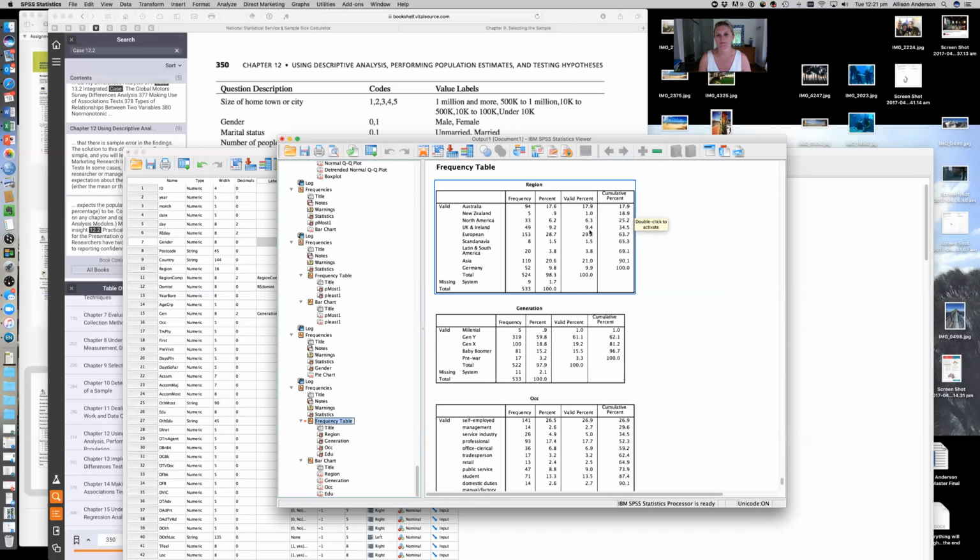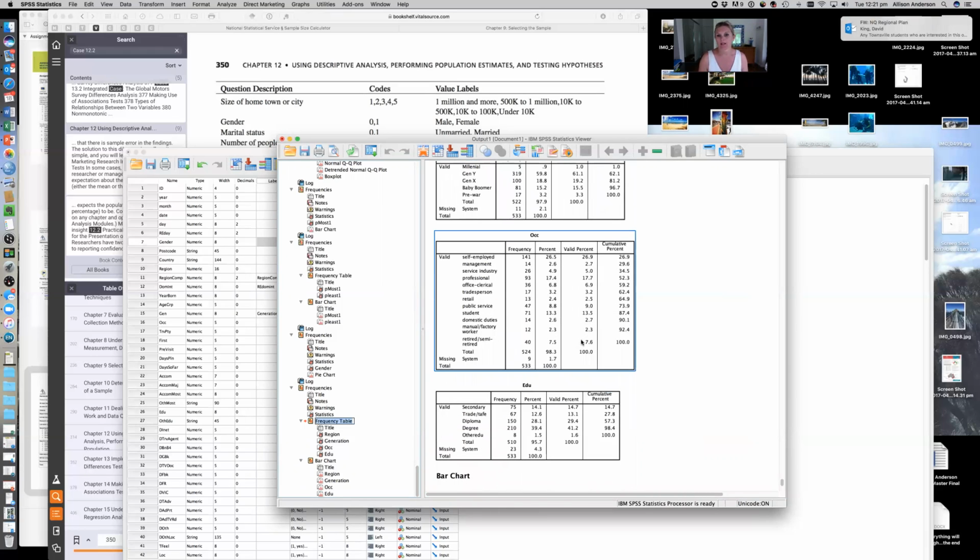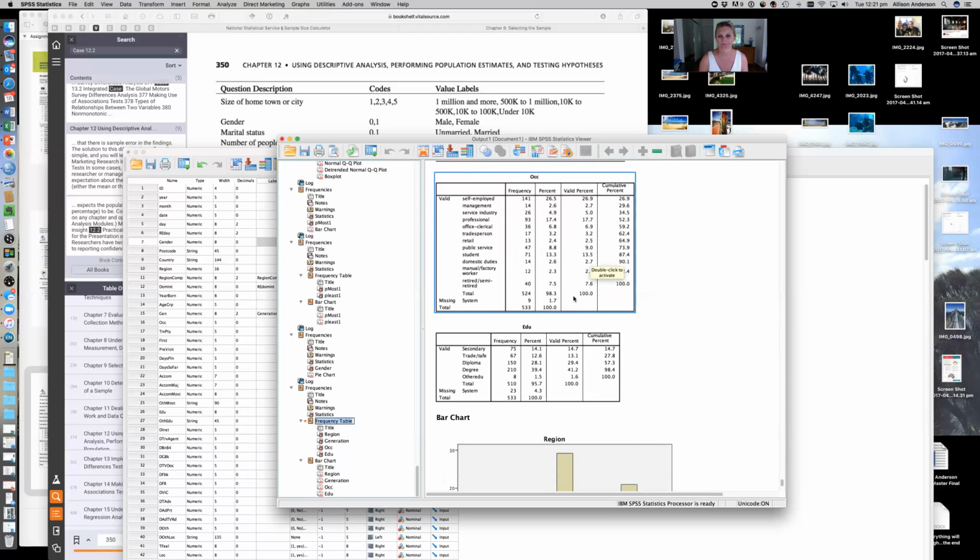We've got 29.2% European, and so on and so forth. In Gen Y, I've got a huge percentage in my sample of Gen Ys because my sample was talking to people using the city in Cairns, and there's a lot of backpackers, so that actually makes lots of sense. I've got the occupation, so here you can see my biggest is self-employed, 26.9. They were backpackers, so I think they're probably having a lend of me. They're probably not employed at all, but